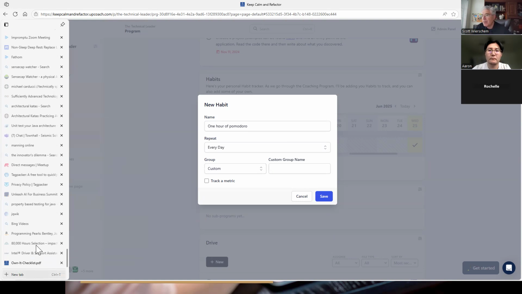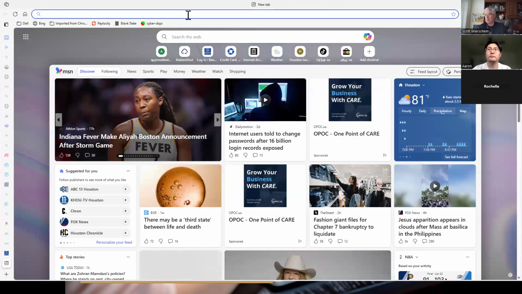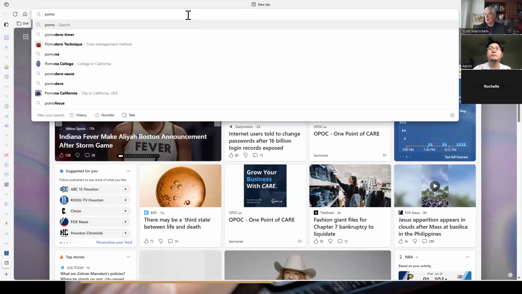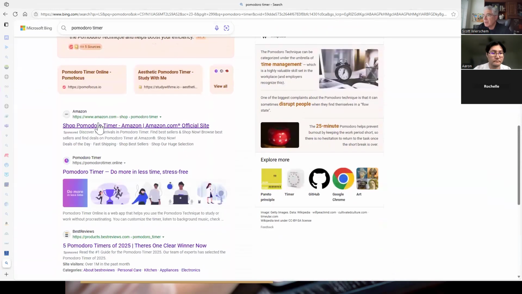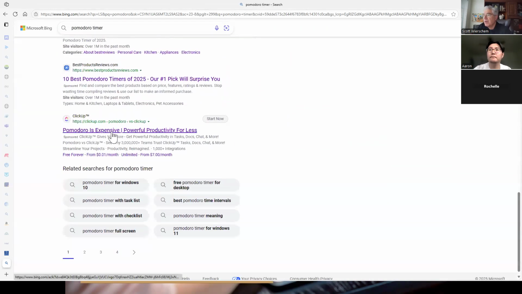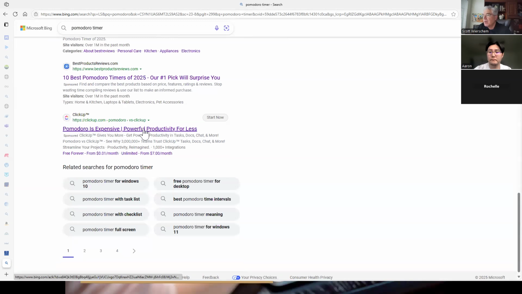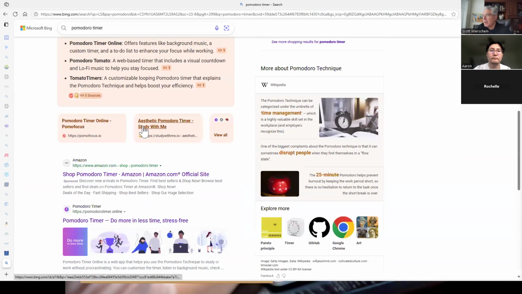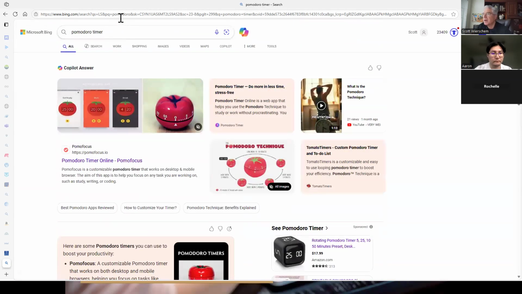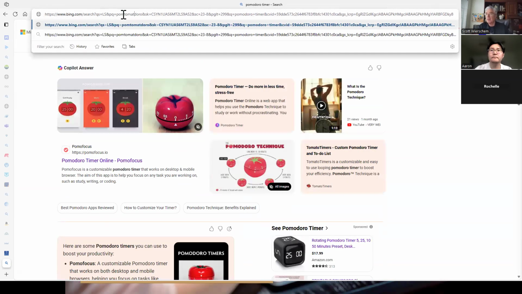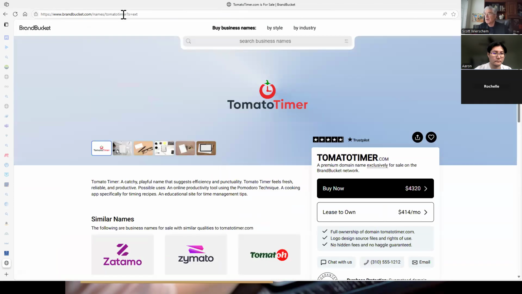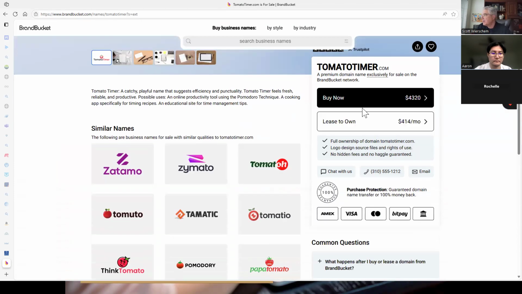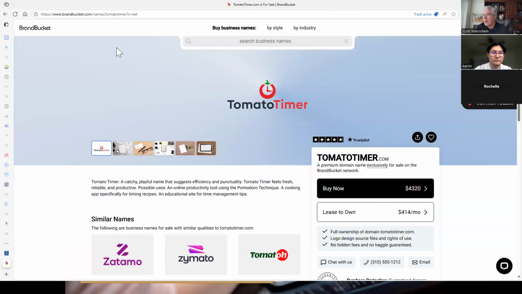Basically, you go to the one that I use. It used to be tomatotimer.com, I think, and it went away.